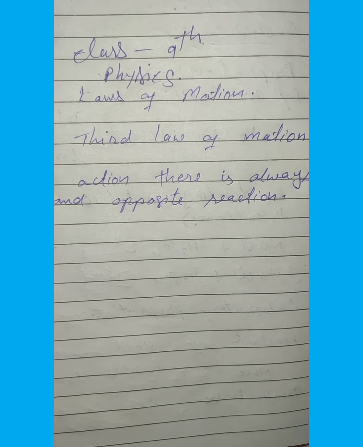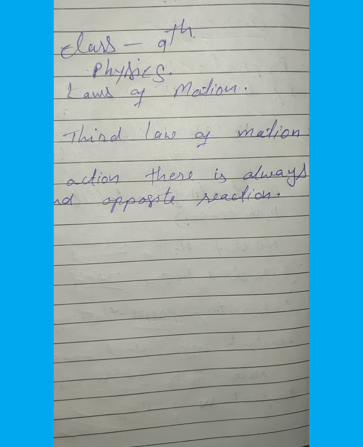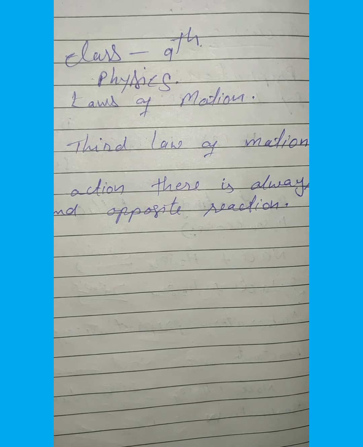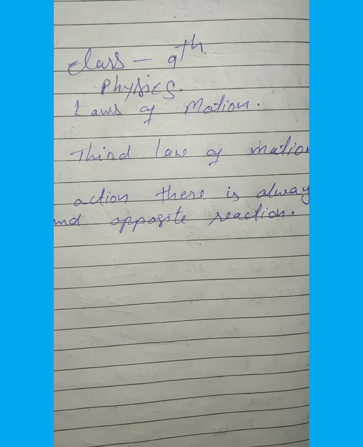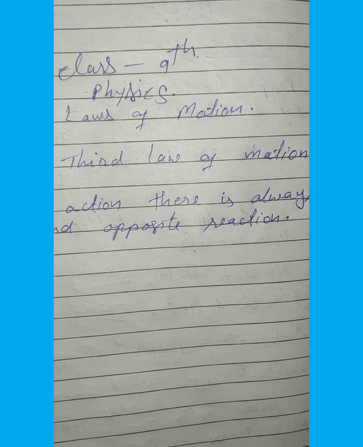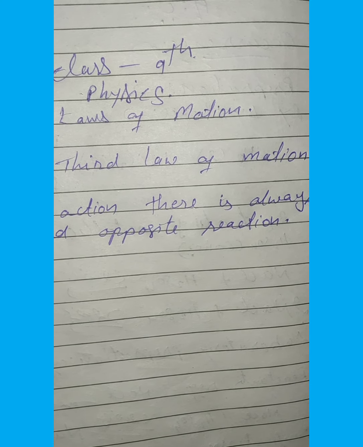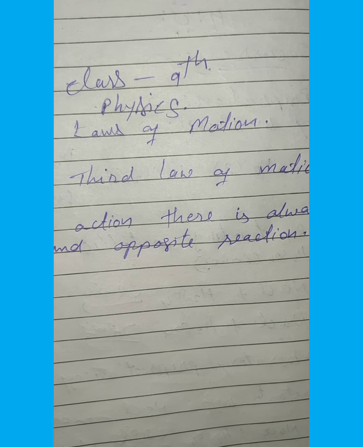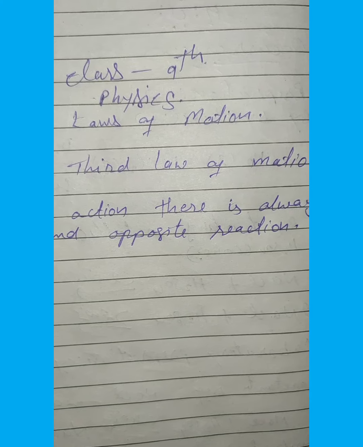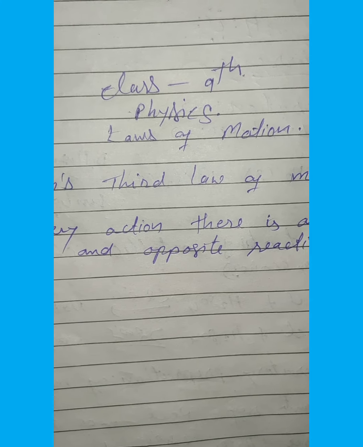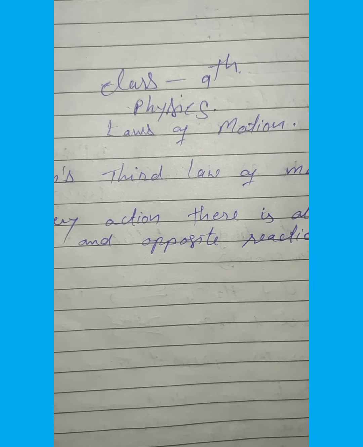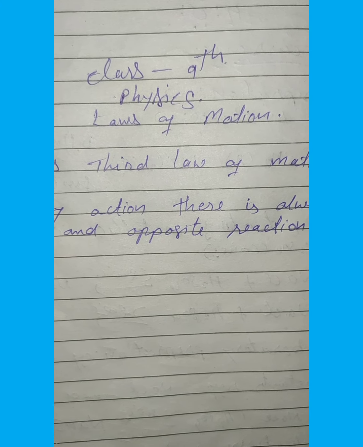Some common examples: consider a book lying on a table. The weight of the book acts vertically downward, but the book does not move downward. It implies that the resultant force on the book is zero, which is possible only if the table exerts an equal upward force. While walking on the ground, we exert a force with our feet to push the ground backward. The ground exerts a force of the same magnitude on our feet forward, which makes us move forward.